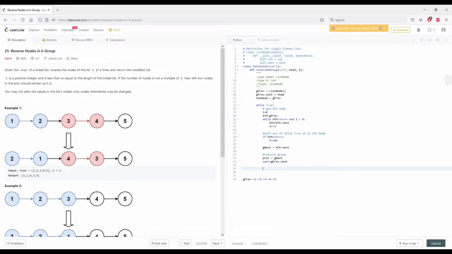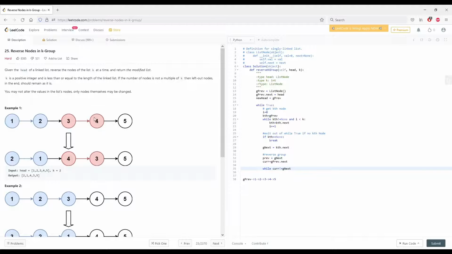Okay. Now I'm just going to quickly write up a reverse linked list. So while current does not equal group next,